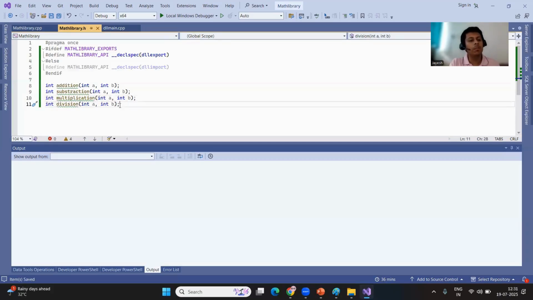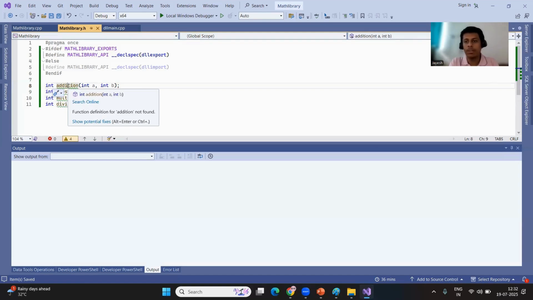Now, will we actually be able to use this in our client application? Because we haven't exported them. We have just written the declaration of the functions. Implementation is not present, and we haven't exported them either. How will it know that we are going to export it? So for that,